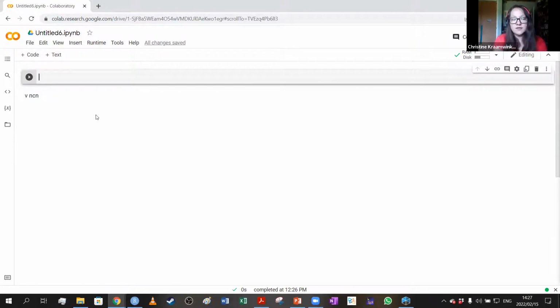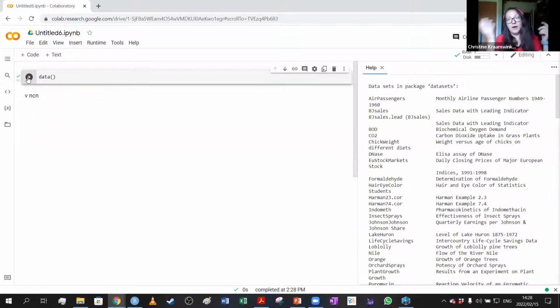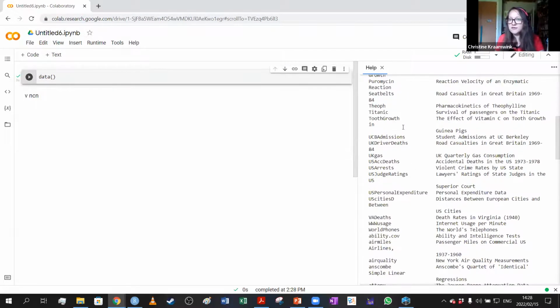If you want to do something in here, one of the first commands I'm going to show you in RStudio as well is just the data command, which shows you what data sets are available in R. And I want to show you here how long it takes versus in R. This one was fast, probably because I ran it earlier. Sometimes earlier when I ran it, it took over a minute before it showed me a list of all the data sets available in R.